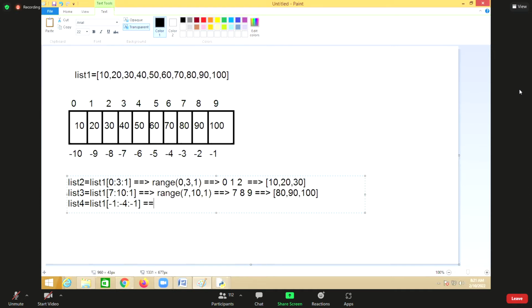Okay, so if I'm saying -1 colon, now it will use range -1 colon -4 colon -1. So actually you are giving this in which one? Negative, but internally it will convert this into what? Positive only. Generally index will be positive only. When you write -1 colon -4 colon -1, so